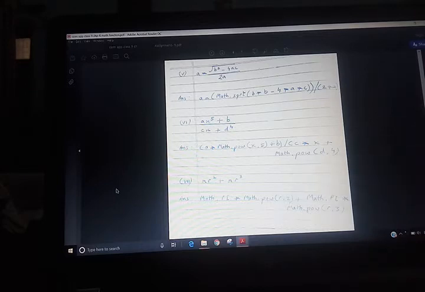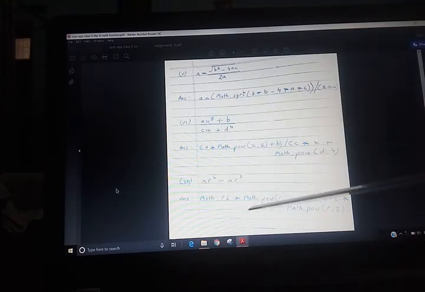Then last is pi. Pi, I am giving you because you have to know how to write the math function of pi. Math.PI, PI is in uppercase, multiplied by Math.pow(r, 2) plus Math.PI multiplied by Math.pow(r, 3). So these are all expressions. Before this you have written the simple Java expression, but these are all mathematical Java expressions.